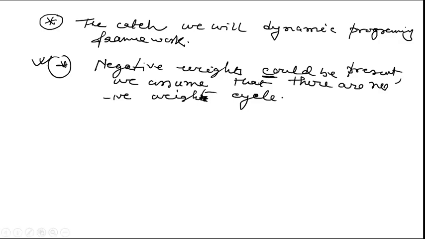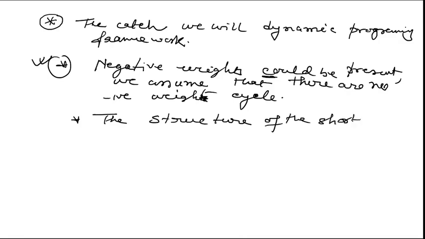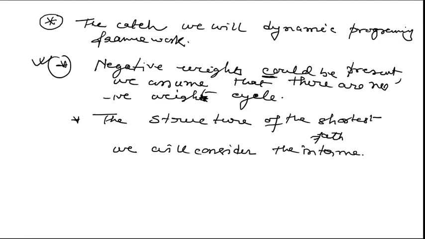Okay, now what is the basic difference between Floyd-Warshall and other algorithms is the structure of the shortest path. Okay, how to formulate the structure of the shortest path? The structure of the shortest path, that is the intention. All pair shortest path you have to calculate. Okay, so what you have to do, we will consider the intermediate vertices of a shortest path